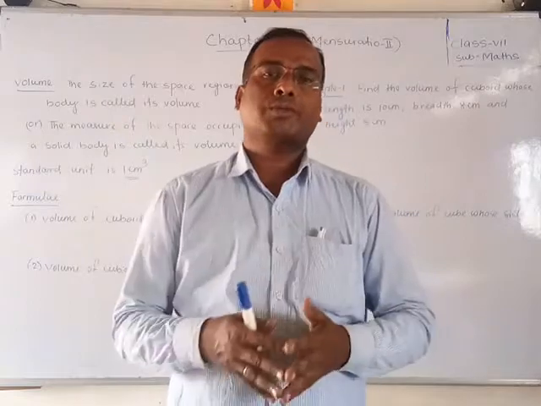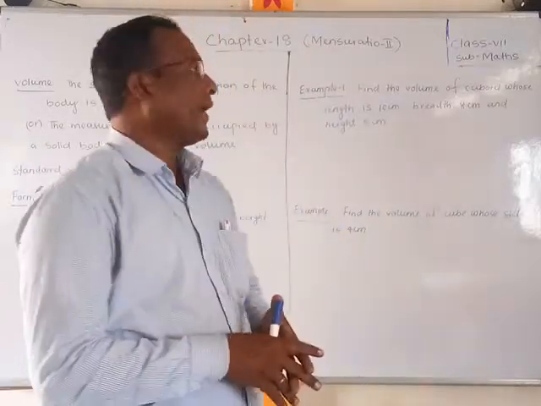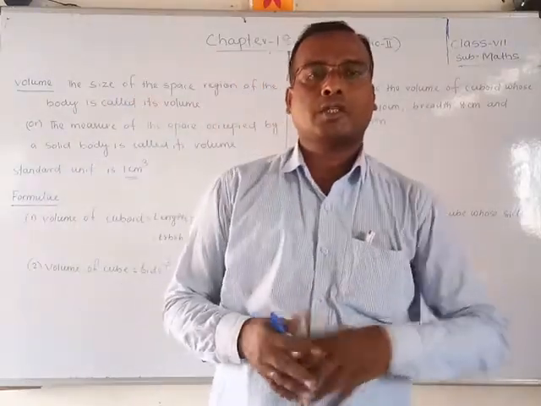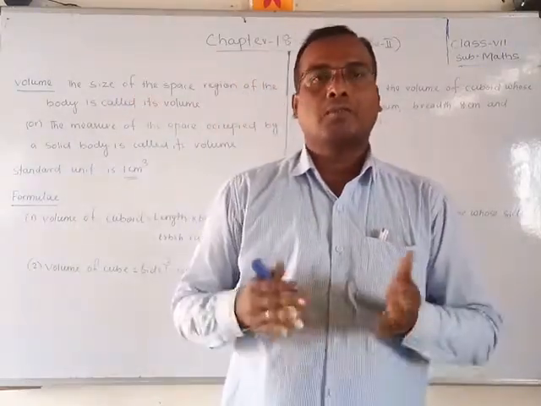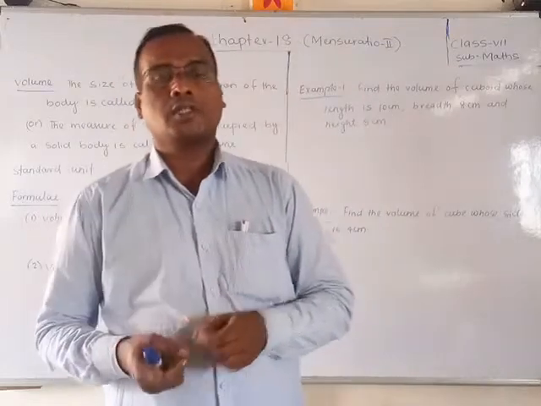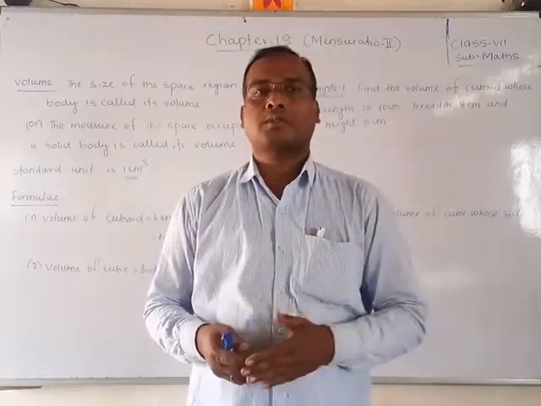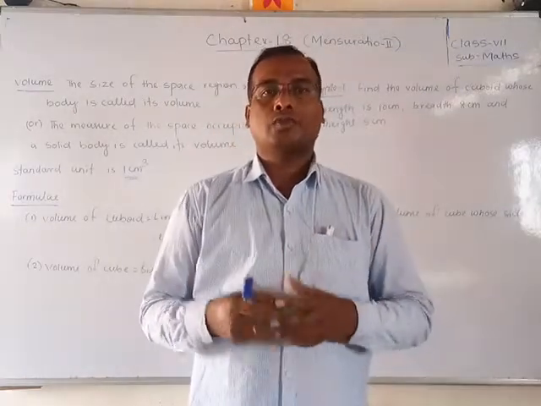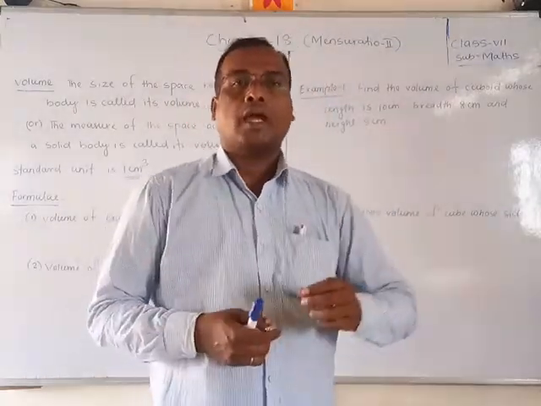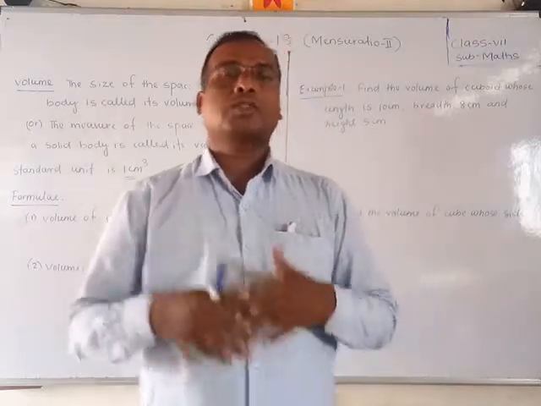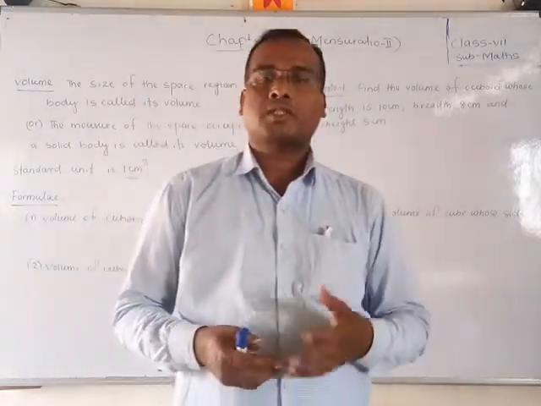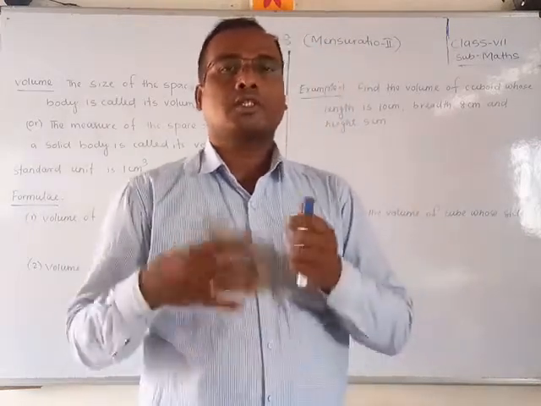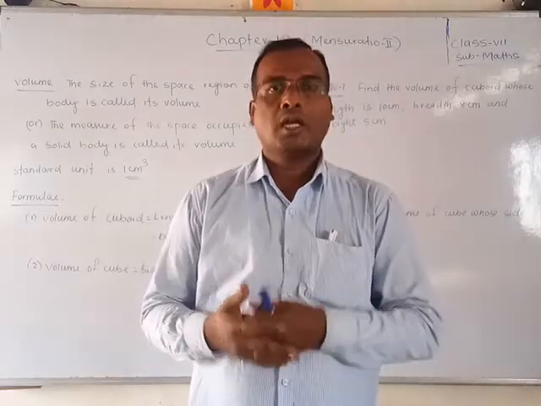Students, today we are going to start a new chapter, the 18th chapter, mensuration. In the previous chapter we already discussed the mensuration of plane figures. But today we are going to discuss the mensuration of solid figures, that means three-dimensional figures. How should we find the area, surface area and volume of a cuboid, cubes, cones, spheres and cylinders? These are the 3D figures. How should we find the surface area, the total surface area or the volume?